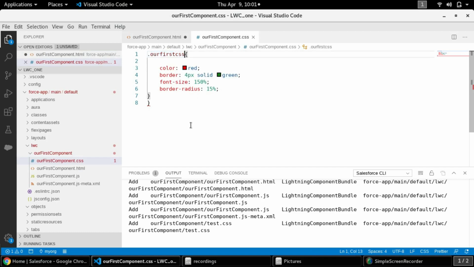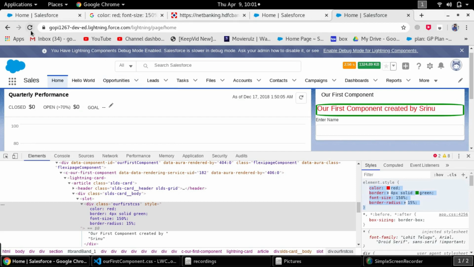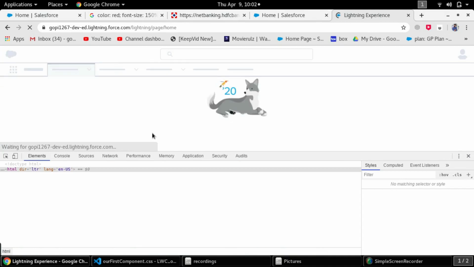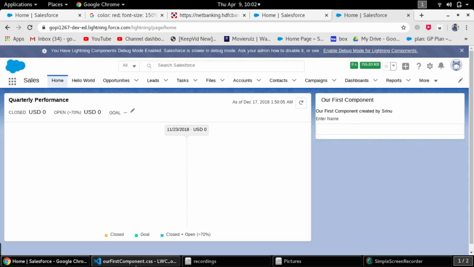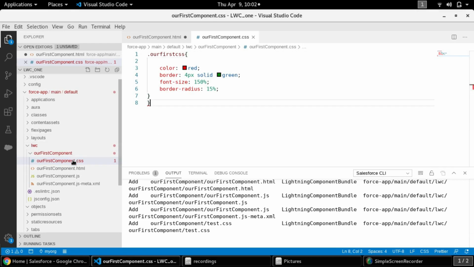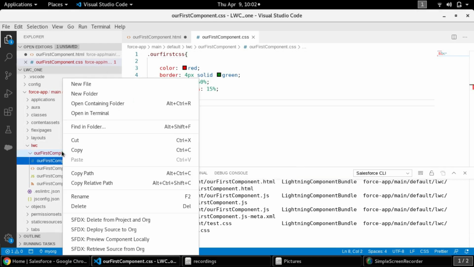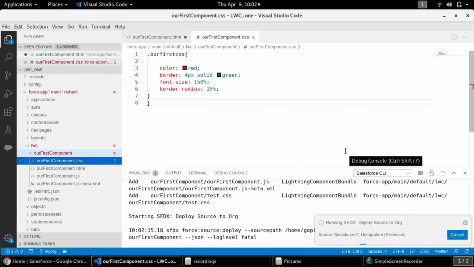So now the code is ready, and let's refresh this page. Make sure it disappeared, because this happens only temporarily, because we haven't pushed the code from our local environment to the server. Yeah, see, it disappeared. To make it happen, you have to right click on the bundle and deploy it to source. While deploying, if you face any errors, it will throw them. Based on the errors, we have to debug accordingly and correct the errors. Let's wait a minute, because it is taking time to deploy, running this Salesforce developer experience command.